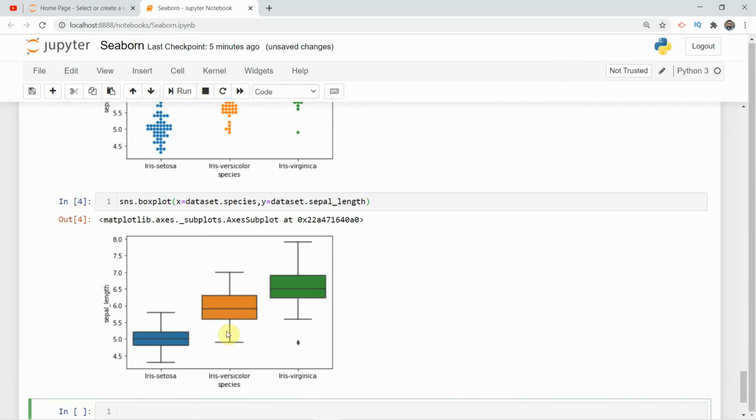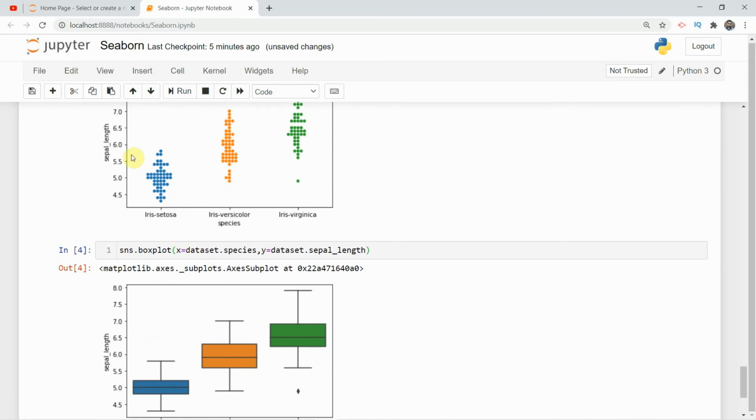So this is how the box plot looks. See, this is an outlier. So the minimum is at around between 5.5 to 6, as it is here, right? The maximum is at around 8. This is the